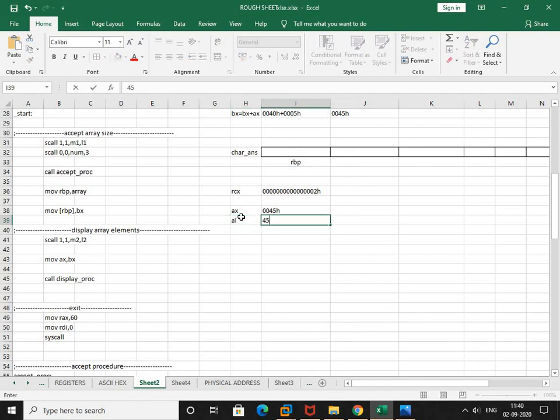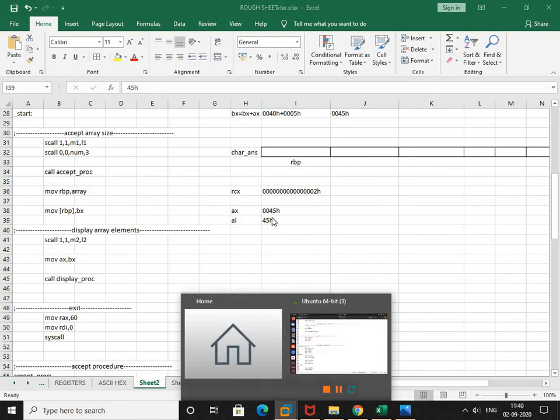It will have only 45H, just 2 digits. AX is a 16-bit register, we have 4 digits in that. Now I want only 2 digits, this 45. So I have taken an 8-bit register AL and stored the 2-digit number 45H into that. Now you are going to roll this.